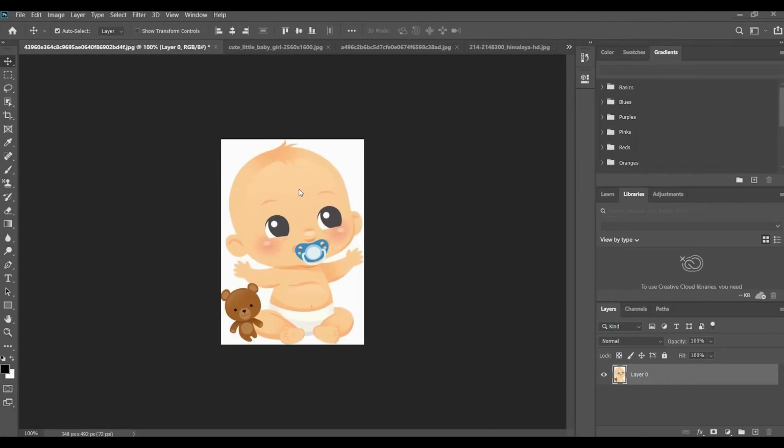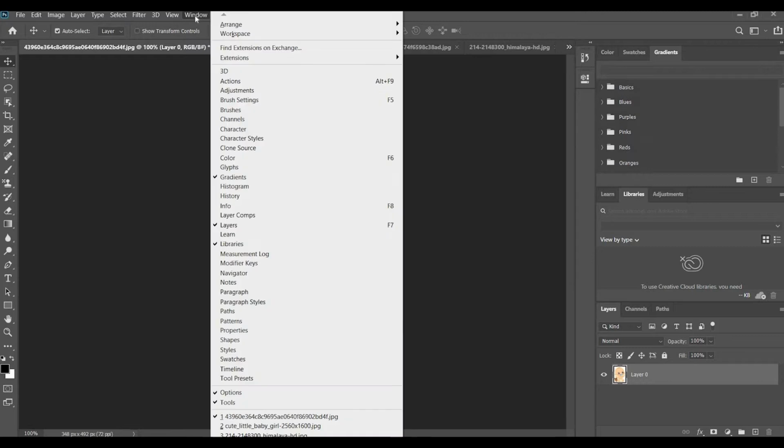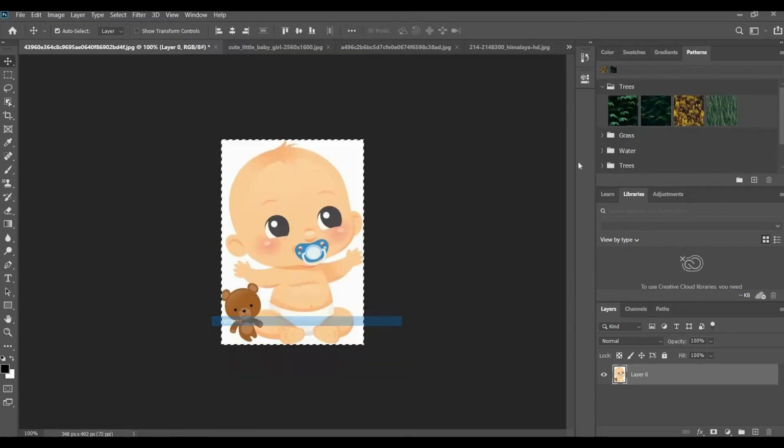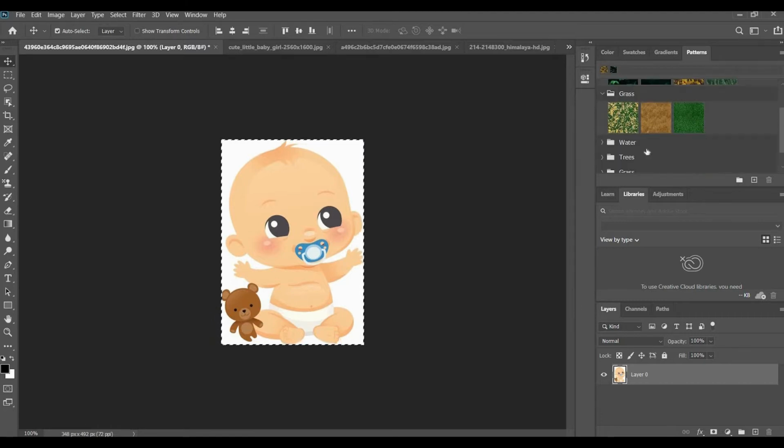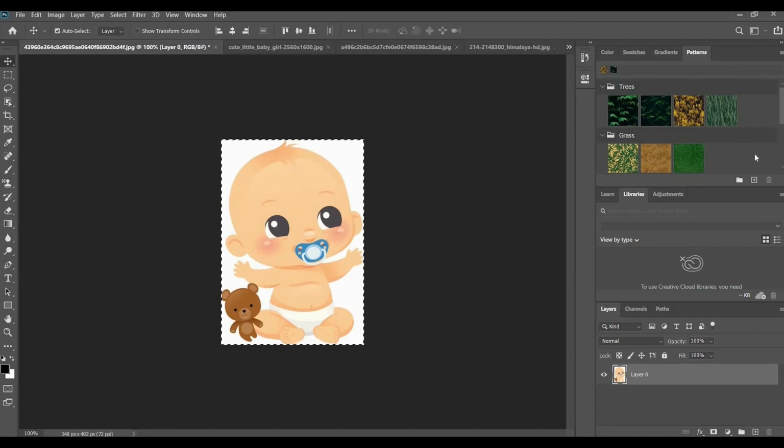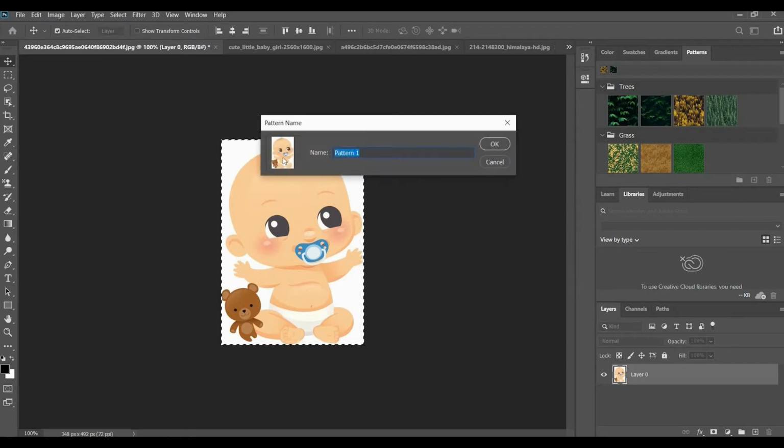Let me convert our image into a pattern image. So I selected this image. For this I'm going to click on Windows and here Patterns. We can see many patterns here. I am going to add a new pattern. For that you just click on the symbol here, and our image will be shown.